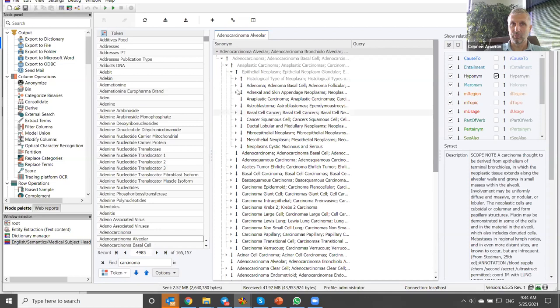So you can pull these, you can work with them, you can combine them together. So I can combine several ontologies at once, and we have other tools that are beyond ontologies that would be more specific to AI and machine learning, like embeddings, because we support BERT and LSTM algorithms.